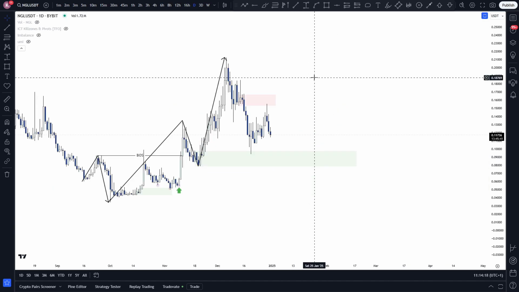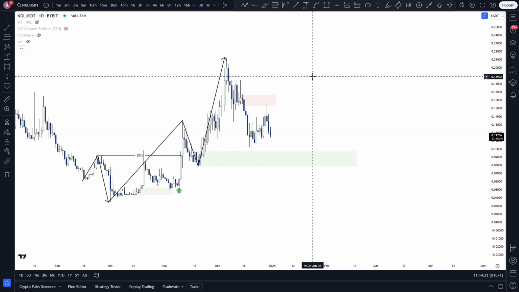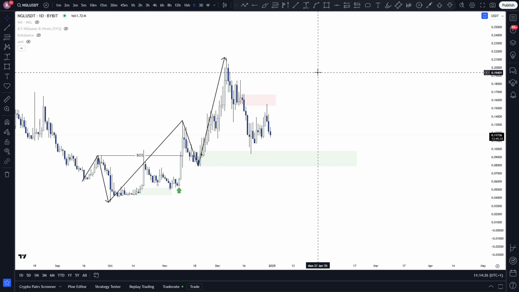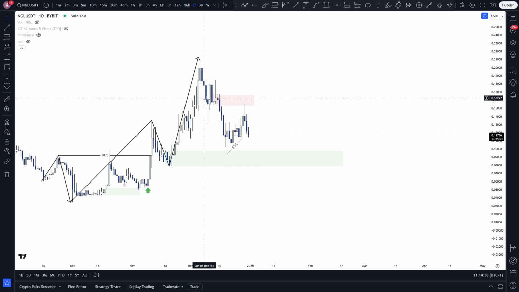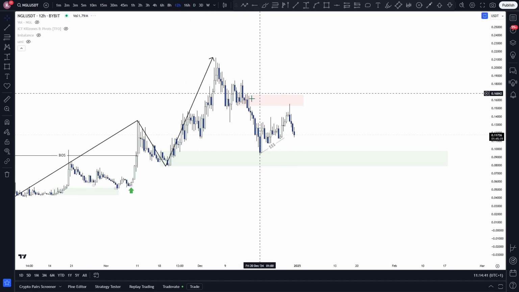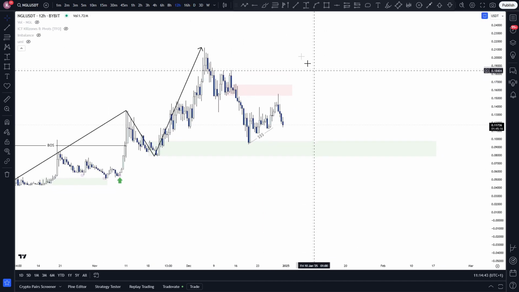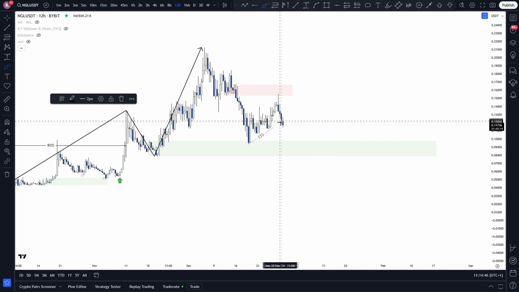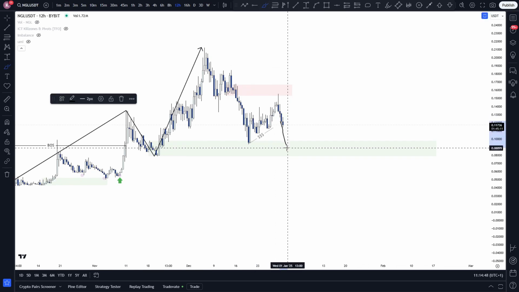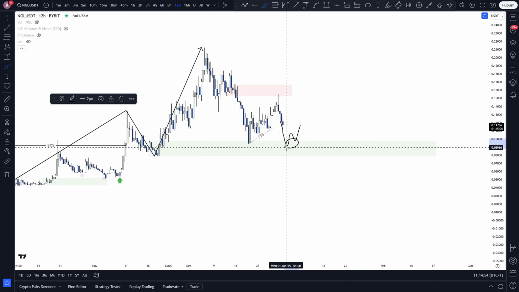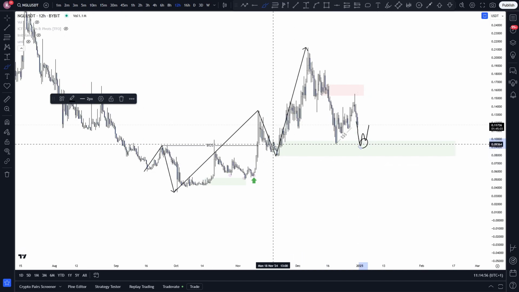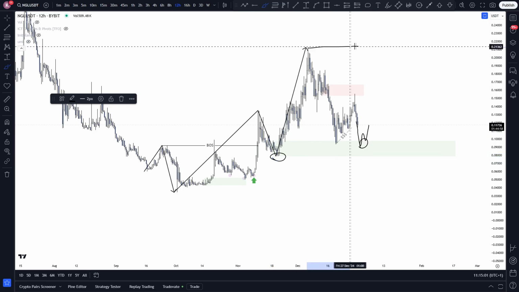What can I recommend for any spot buys? Of course, this is no financial advice, but I'm just sketching situations the way I would look at the market and possibly step in again. This looks like a lot of liquidity to me. And yes, we are still rejecting that 12-hour structure here. So what I would be looking for is another pop in this liquidity and then a strong push in high volume towards the upside again. And that would be my moment to buy. This is also near the low we protect and then we can trade towards the high we need to break.